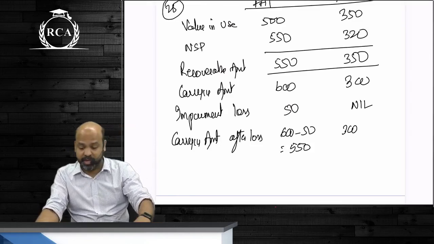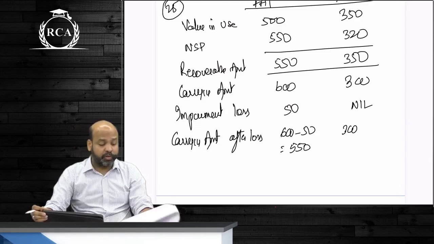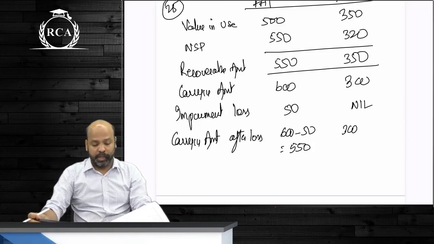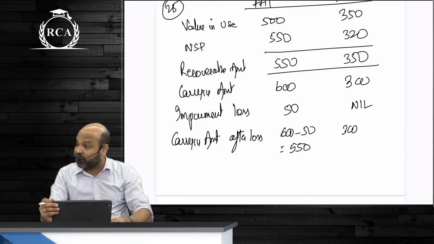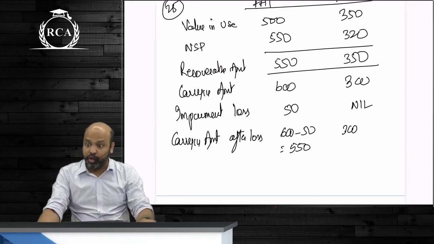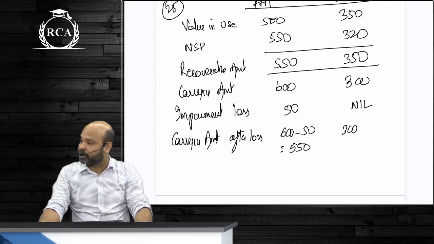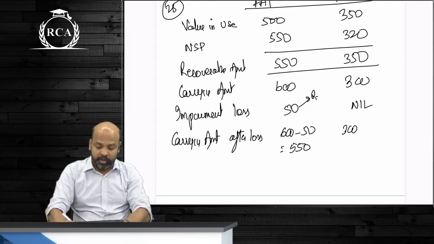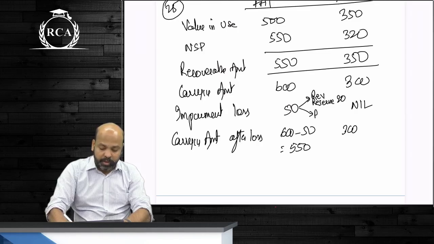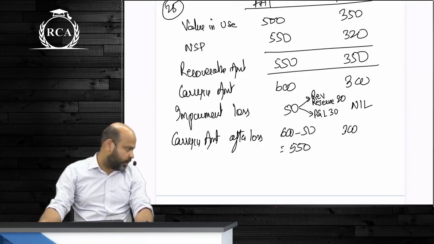हो गया. एक बार देखो questions क्या क्या पूछा वो. That is for treatment of revaluation loss, no? How much loss will you debit to P&L account? Second bit, only 30 lakhs. Why? Whenever there is revaluation reserve in relation to an asset that was revalued, you first adjust impairment loss against revaluation reserve. The balance loss will be transferred to P&L account. इसमें से revaluation reserve के against कितना adjust करोगे? 20. How much will you transfer to P&L? 30. Correct. Revaluation reserve के against 20, P&L 30.